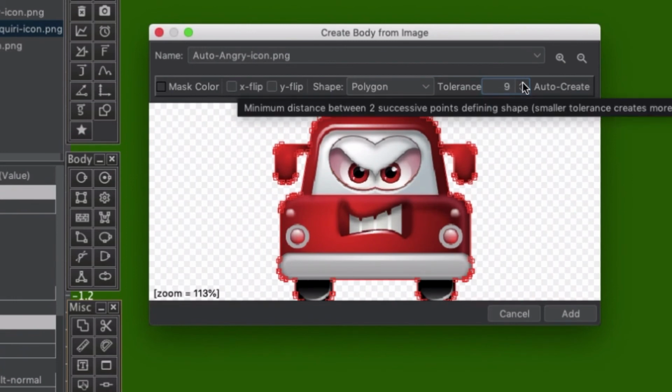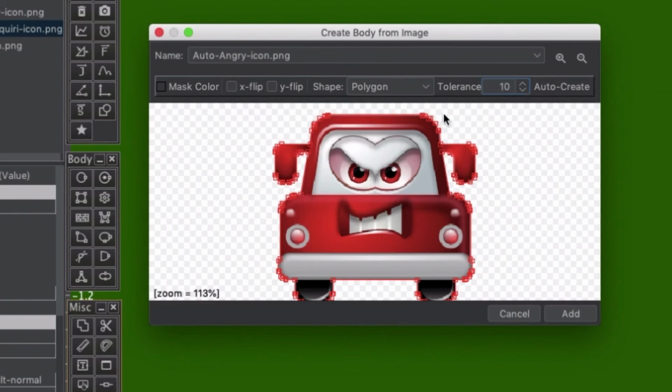But the finer it is, the greater will be the number of vertices and the number of polygons, making it slow to process. So you will have to make a compromise between a satisfactory outline and the performance.